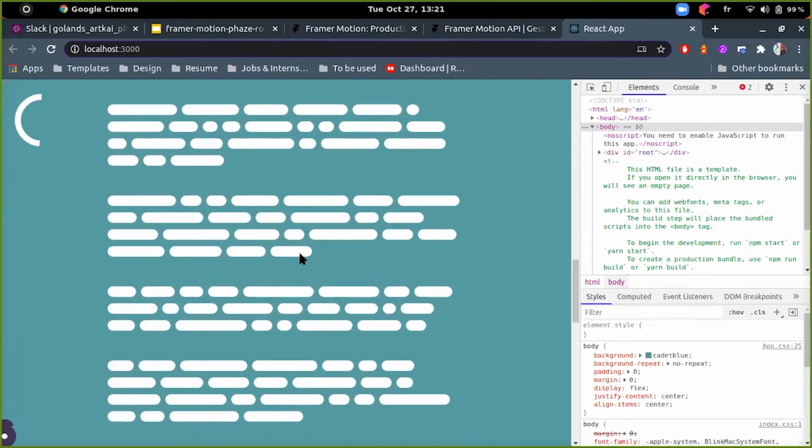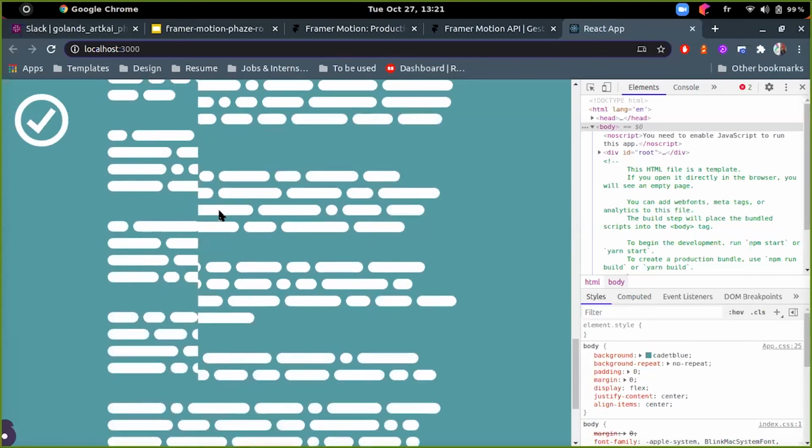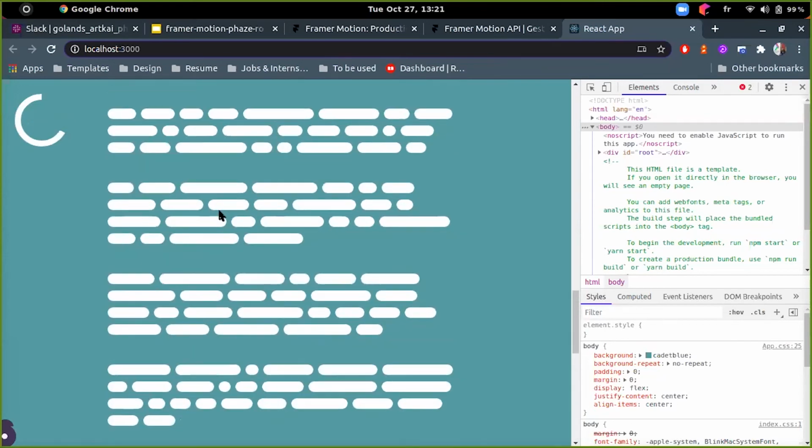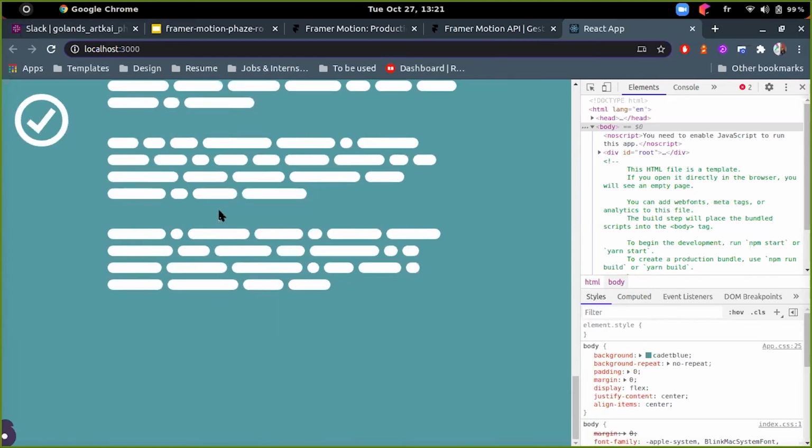So after just applying this useSpring hook and the animation, when we reach the bottom, the check mark will appear all by itself in a smooth animation. Of course,